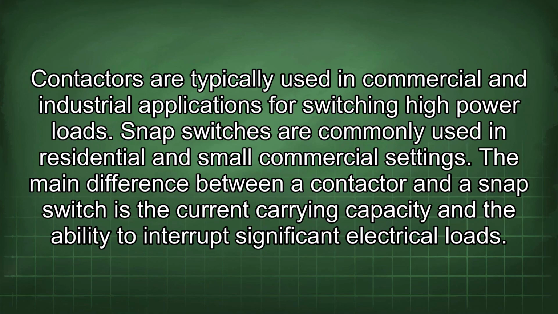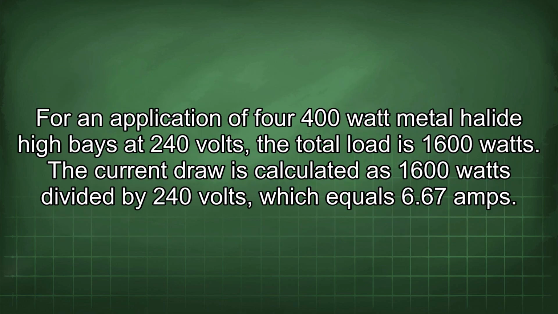Contactors are typically used in commercial and industrial applications for switching high-power loads. Snap switches are commonly used in residential and small commercial settings. The main difference between a contactor and a snap switch is the current carrying capacity and the ability to interrupt significant electrical loads. For an application of 400-watt metal halide high bays at 240 volts, the total load is 1600